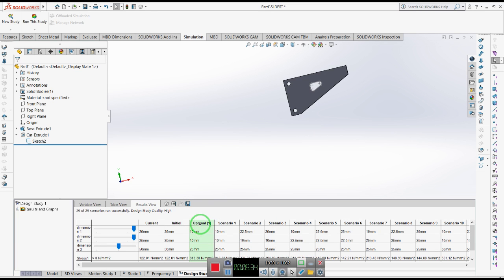As you see, the optimized dimensions for this piece appear here, and these are our scenarios, for example, scenario 9, but the best optimization for this analysis appears here. Thank you for